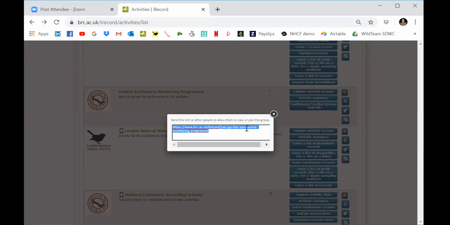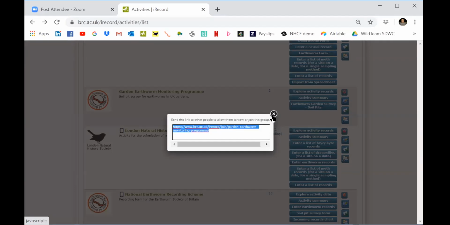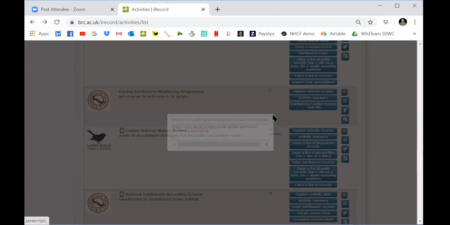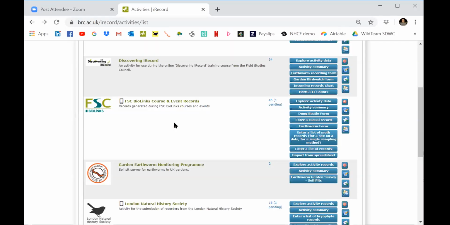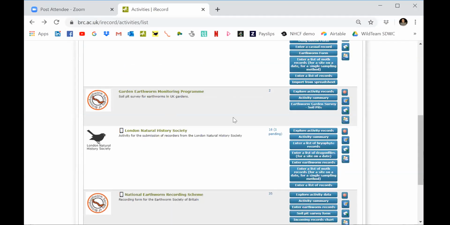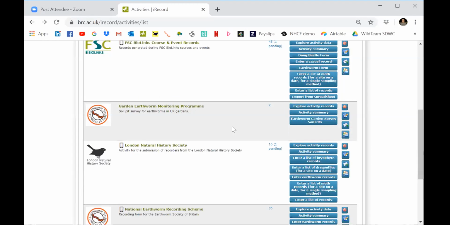And that link you can put on a website, you can send it out in an email, and if people click on that link, it'll allow them to join the activity or apply to join the activity if it's one where you need approval. So how do you approve people when they've applied for an